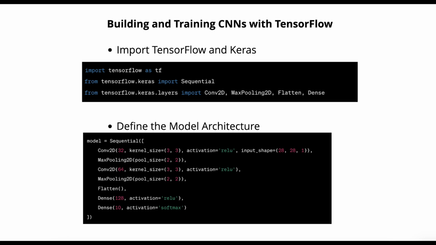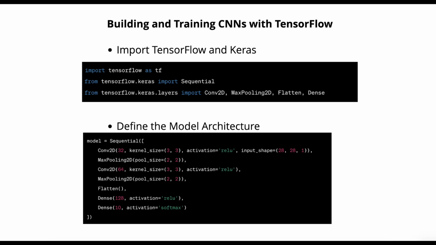First step, import TensorFlow and Keras. Starting by importing TensorFlow and the necessary modules from Keras, if you see here in this example, we are first importing TensorFlow as tf. Now from Keras we are importing Sequential, and from Keras layers we are importing Conv2D, the convolution, MaxPooling2D,